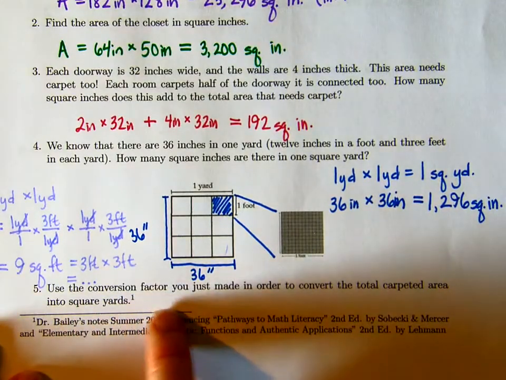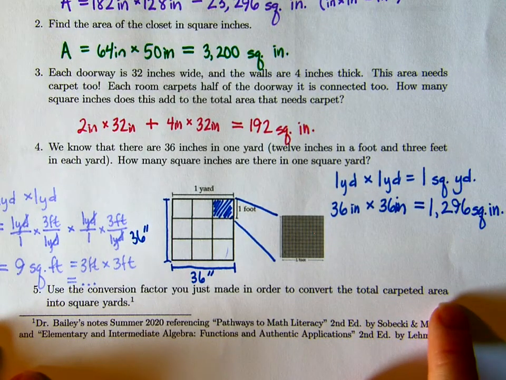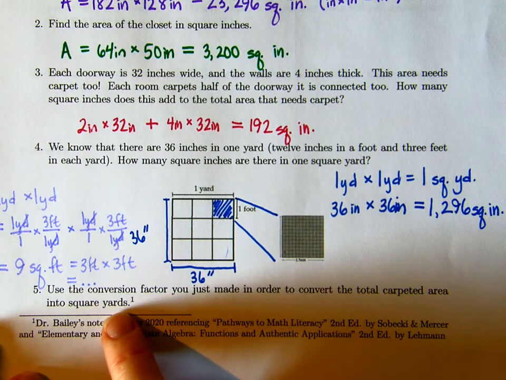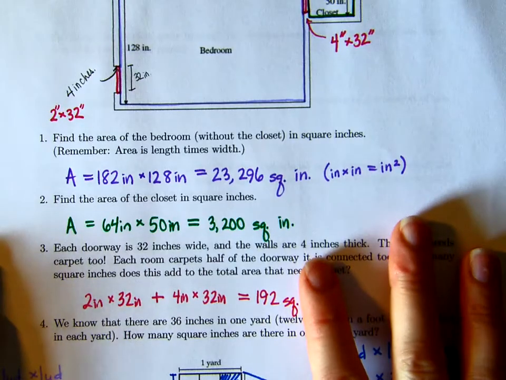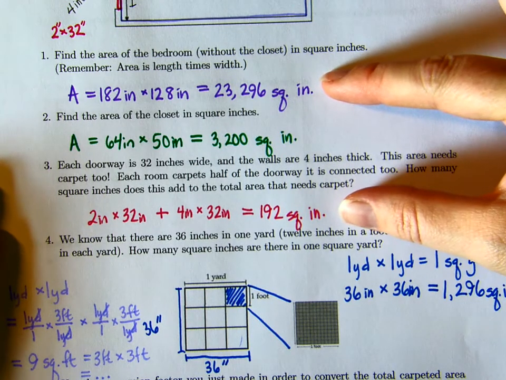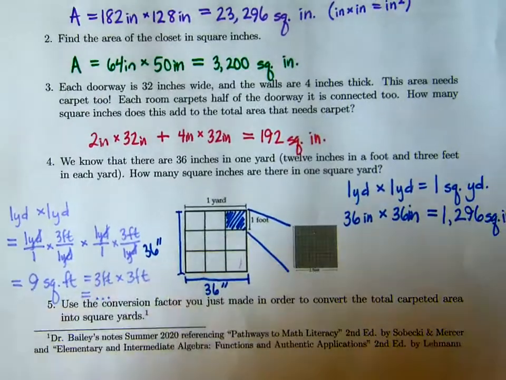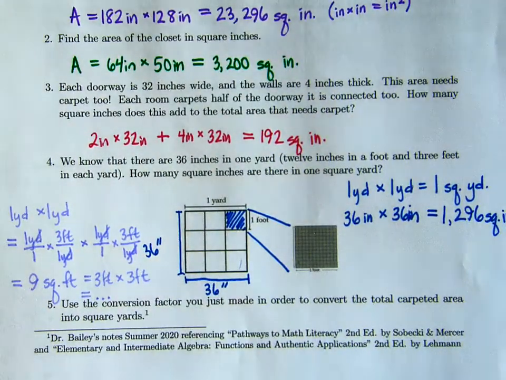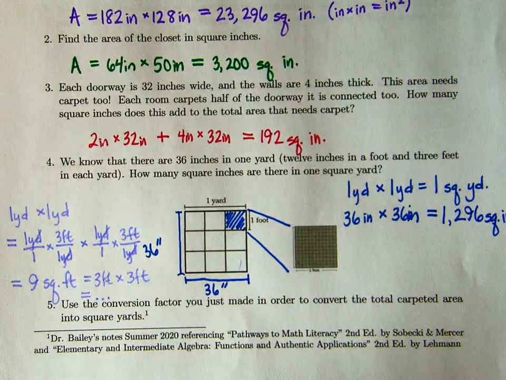Use the conversion factor you just made in order to convert the total carpeted area into square yards. Okie dokie. Okay, that means we're going to need to add up all these three from number 1, 2, and 3 to find the total square inches. Okay. Got it. So first,